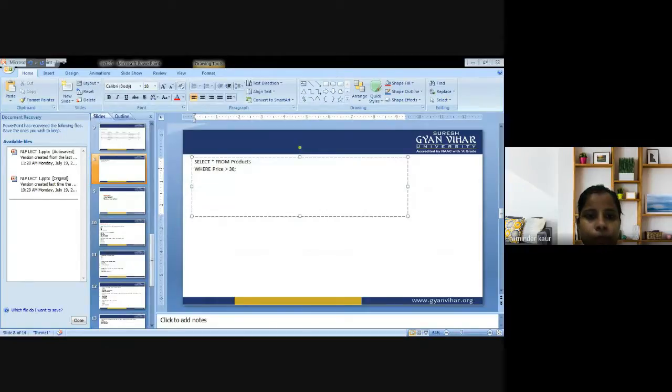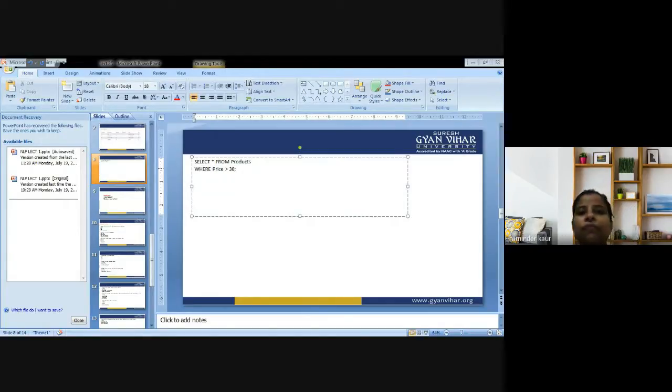Next, we are supposed to deal with the AND, OR, NOT operators. As I told you earlier, like the where clause, we basically use the where clause here. So it could be combined with AND, OR, NOT. Now we are supposed to have a look at the operation. So the where clause can be combined with AND, OR, NOT operators.